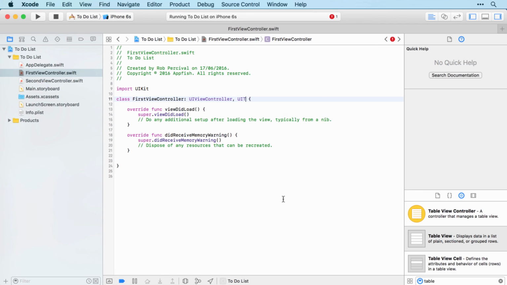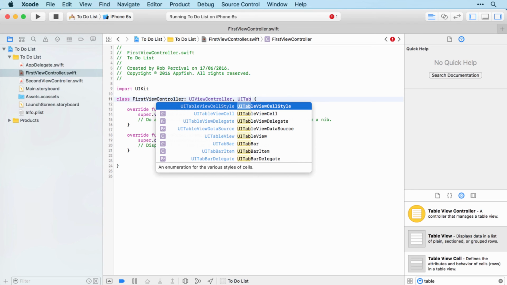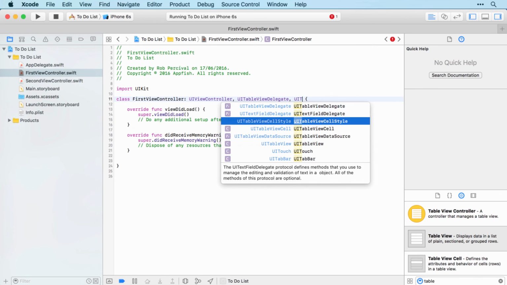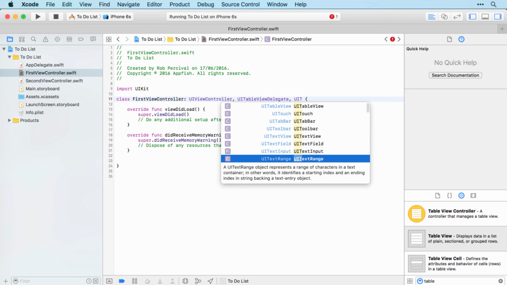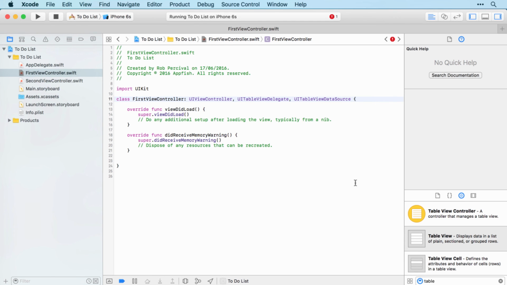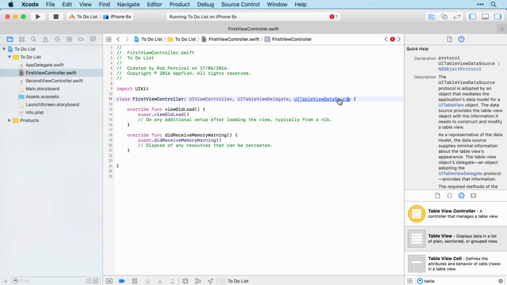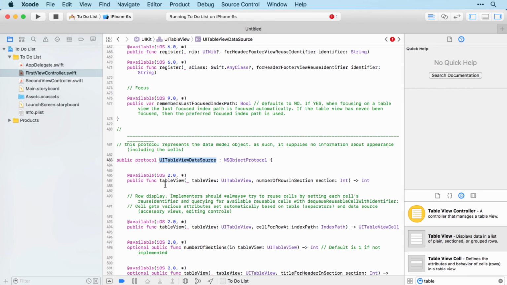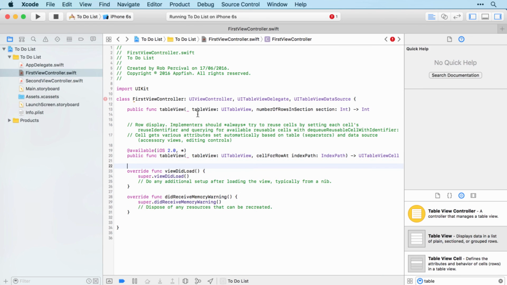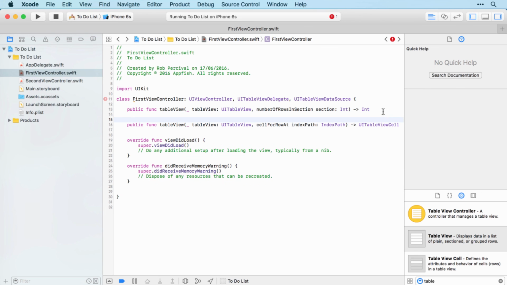So we've got UI table view delegate and UI table view data source. There we go, and it's the data source that we need to grab the code from. So that was a control click and then copying the top two methods, going back and pasting them in, getting rid of the code we don't need anymore,